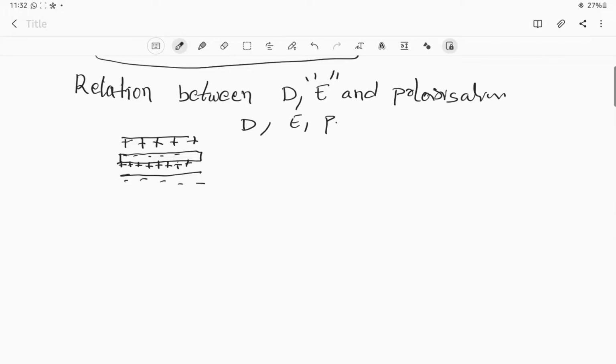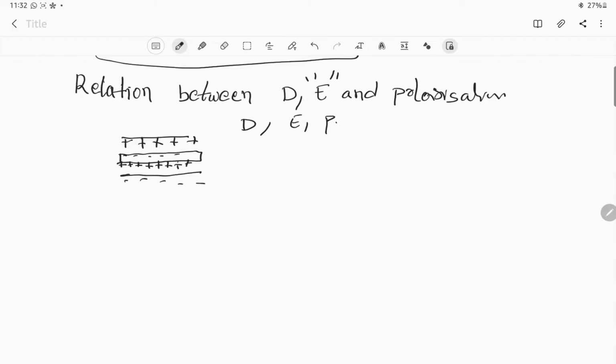Now we see why we are considering this parallel plate capacitor. We need to get the relationship between D, E and P. And what is the importance of that? I will tell you when we conclude today's class on this relationship between D, E and P. What we have taken is two metal plates, condenser plates. One has a positive charge and the other a negative charge, and we have introduced a dielectric material in between the two condenser plates.